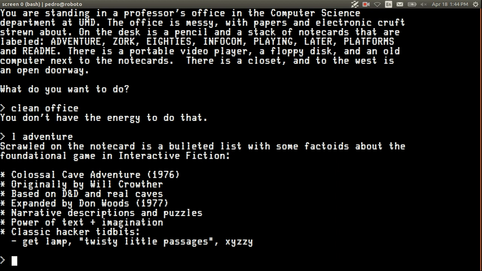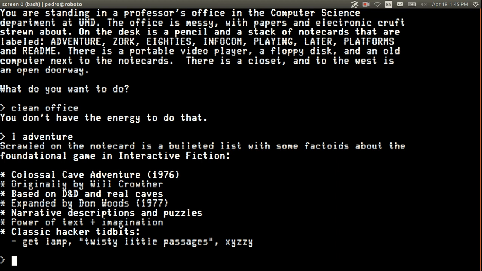And the kind of value of text adventures, and hopefully you playing this with me is helping you to see that, is the power of text plus imagination, right? It's like why we still read books even though we could just go see movies. And there's a lot of classic hacker tidbits or lore that comes from Adventure.